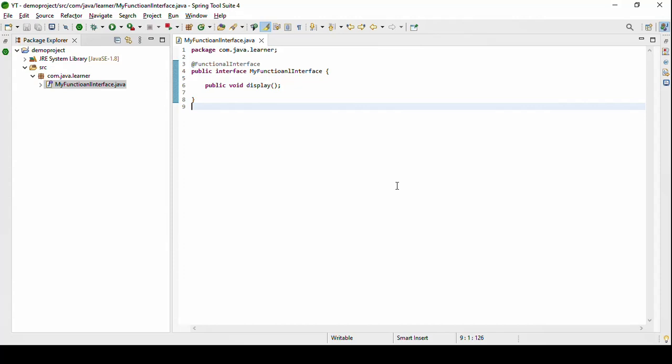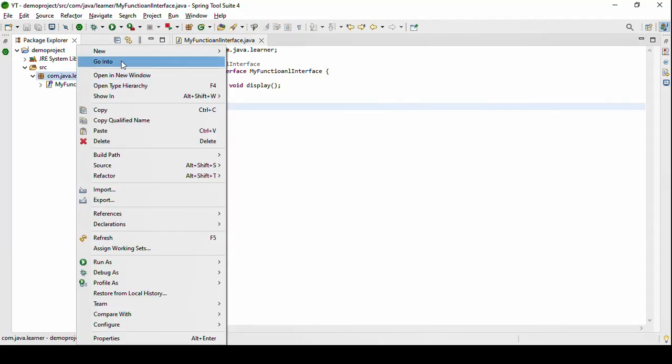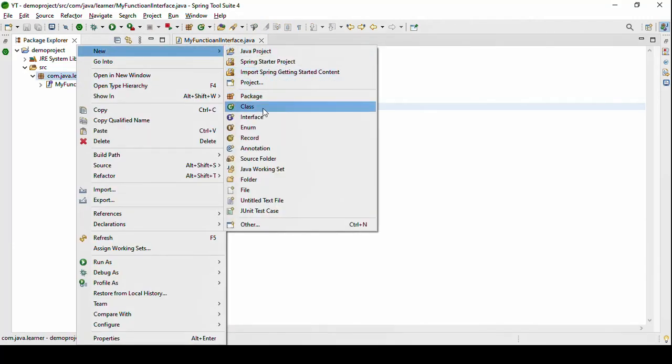use this display method. Before Java 8, until Java 7, if we wanted to instantiate an interface or implement a method of an interface, we would have to create a class, implement the interface, and then override the method. I'll show you how we were doing it earlier. So we will create a class,